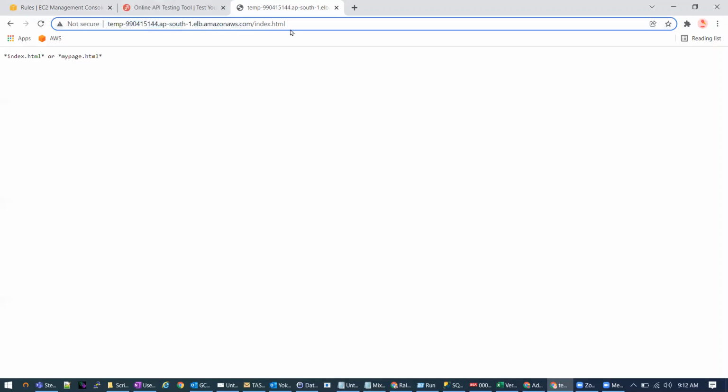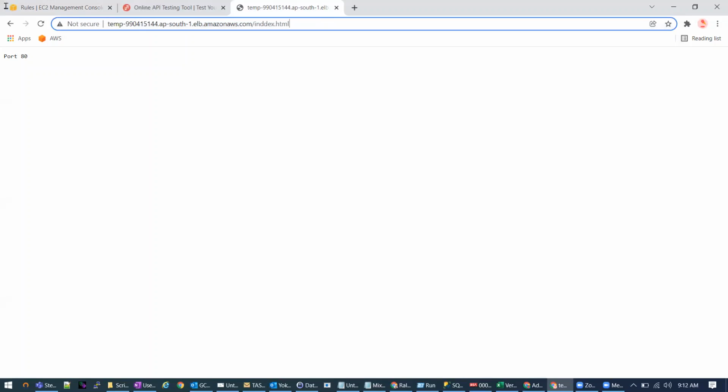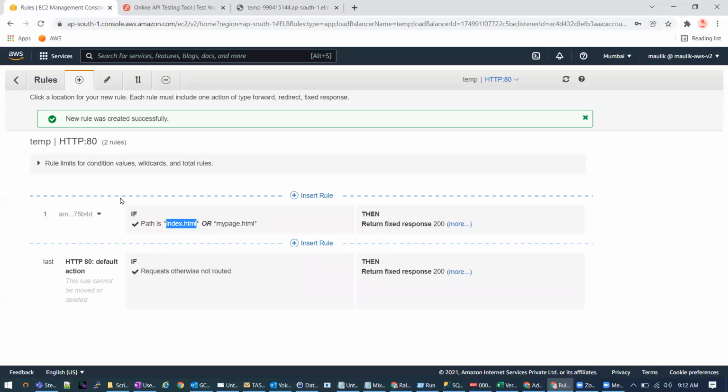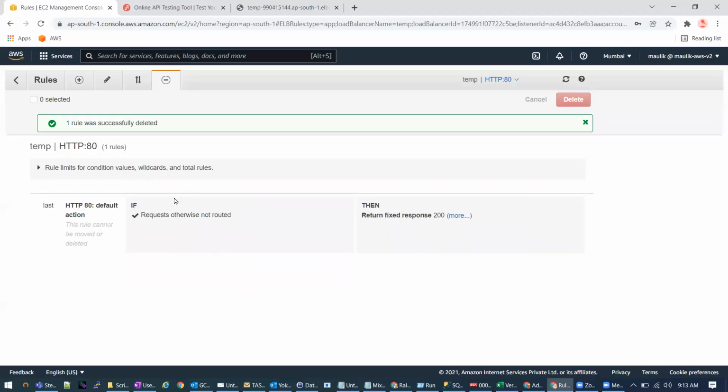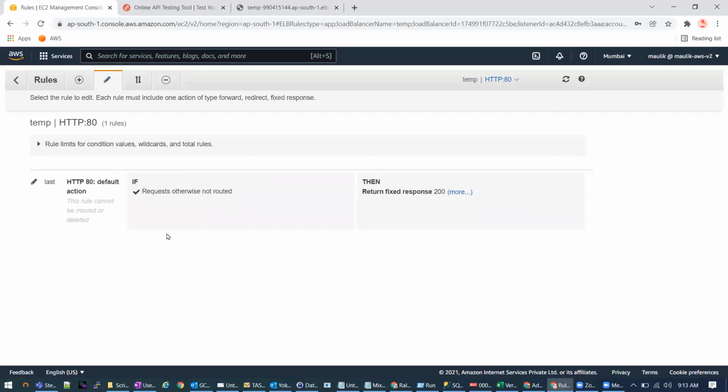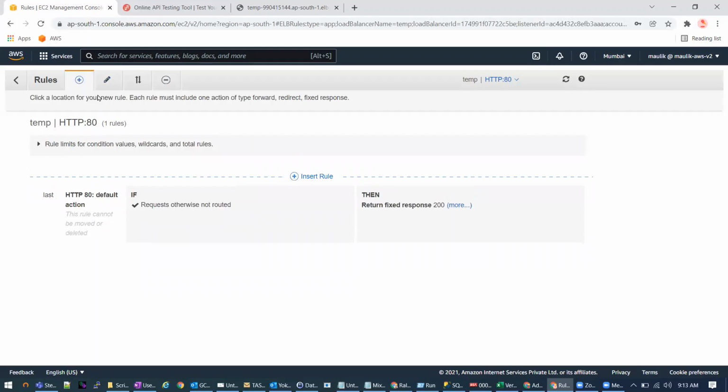See, it is working. And if I put something else, then it will not work. Because we have just placed the condition that if this URL contains a particular string, then I want to redirect the traffic to the XYZ server. Let me delete this one as well now. I'm just deleting to avoid any conflict and confusion, because otherwise it will move on to the next condition if it is not fulfilled.